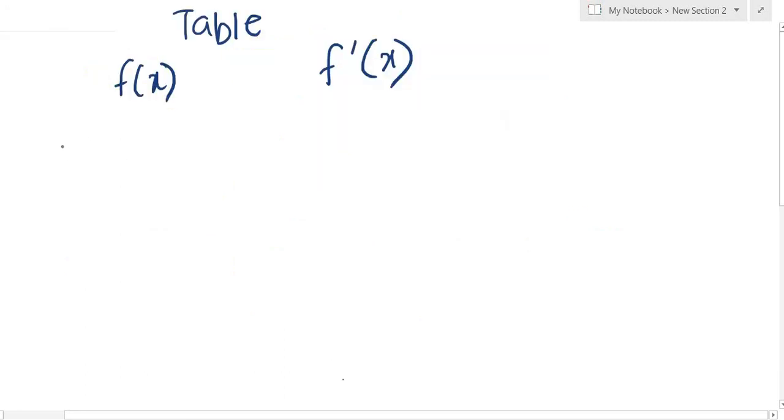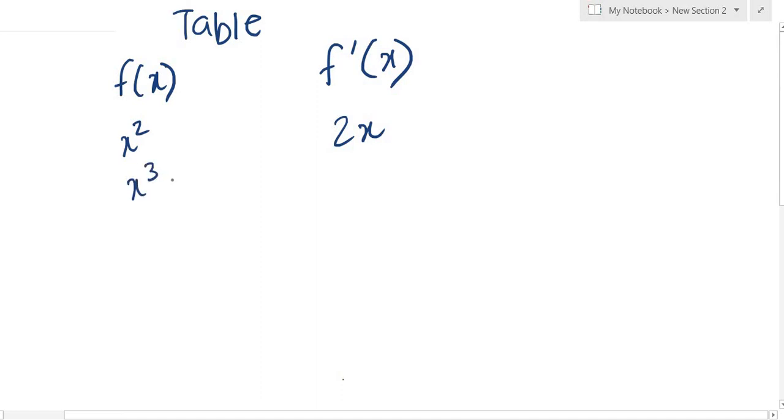Now finally we have a table of derivatives. So we start with, say, a quadratic function. I think I should have done this earlier, but finding the derivative of x squared by the first principle is easy. You have x plus h the whole squared, and then you expand the bracket, and the x squared terms cut out and simplify. You can do it on your own also. It is 2x, and in general,